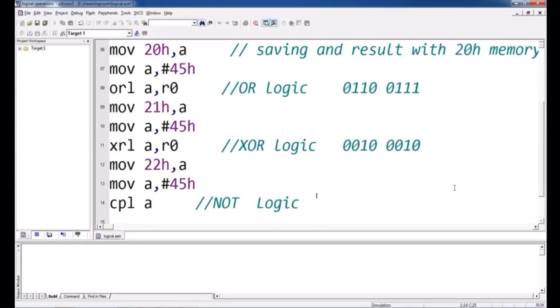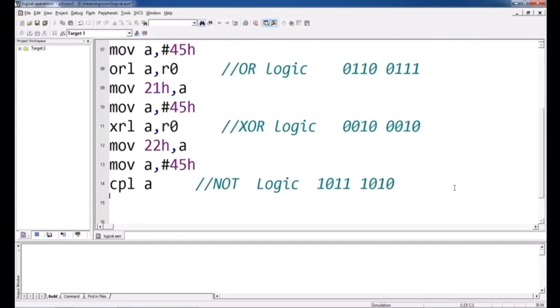For 0 1 0 0 1 0 1 1, this is the complement of 4, and the complement of 5 is 1 0 1 0. Again this result I am moving into the 23H memory location.